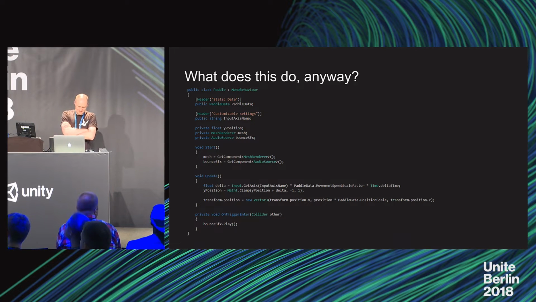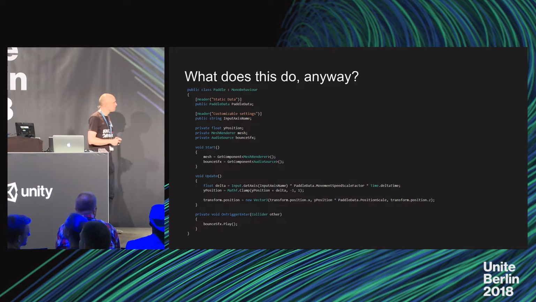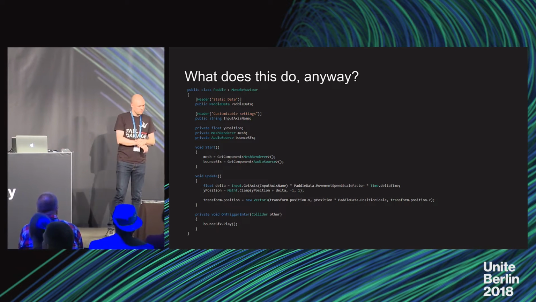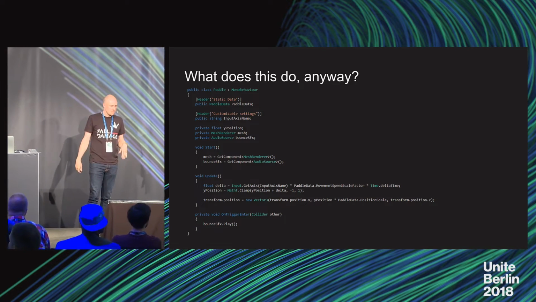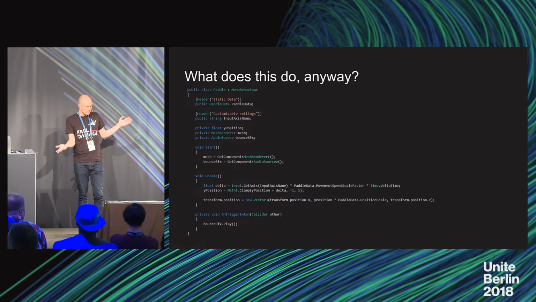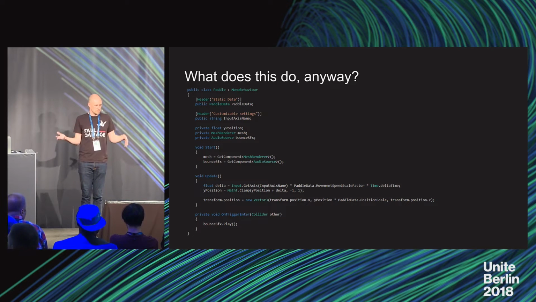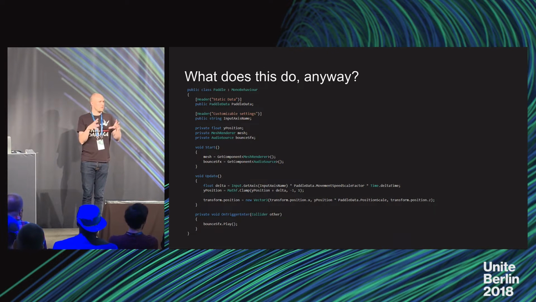I'll go with that. So here is a piece of perfectly reasonable code for a paddle. Now, okay, we have some references to data up at the top, and it seems like it does all the things that we need to manage a paddle.